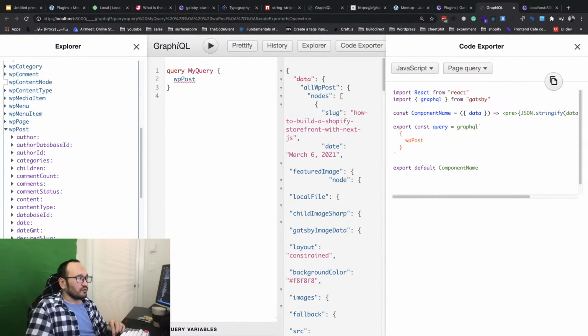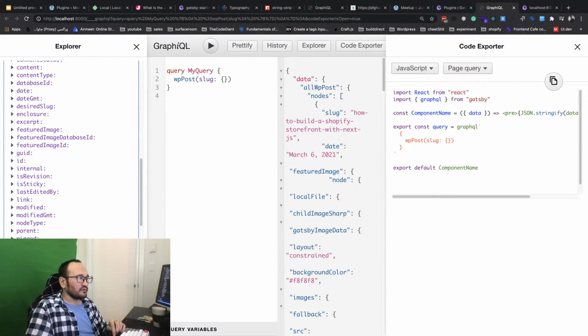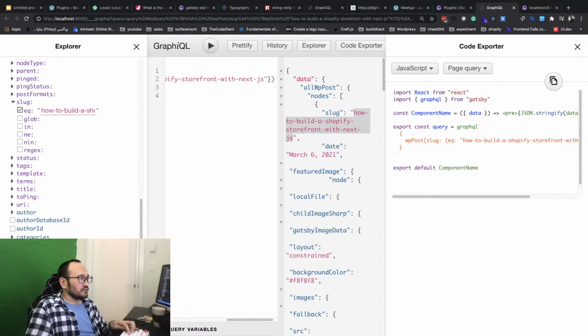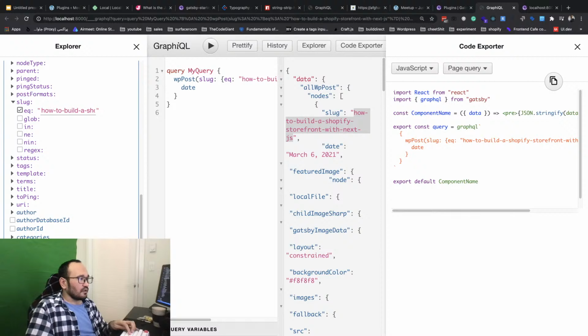So you have all the filters you want to get. I want slug because the slug is available for me, and one of them is this slug. Okay, and then I want to get the date, and then again formatString, and I put LLL.